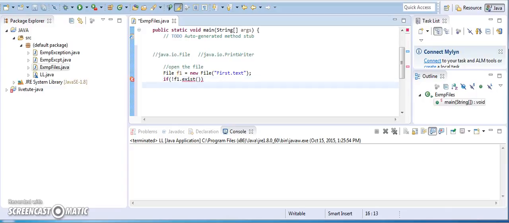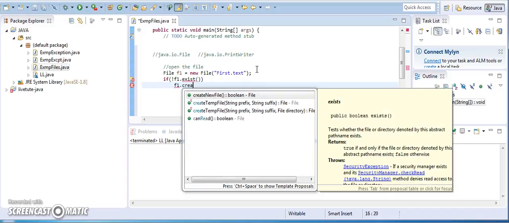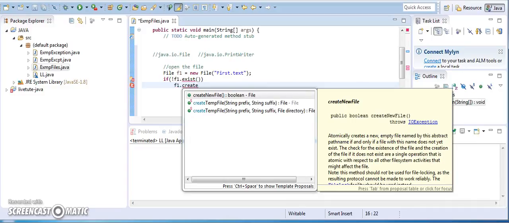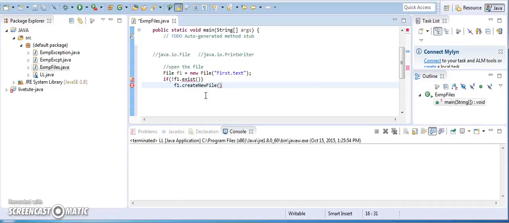Okay, so what you have to do? You have to create a file. So for that, f1 dot, just say create new file. It creates a file. Since this is something like an exception, which we have discussed in our previous session,